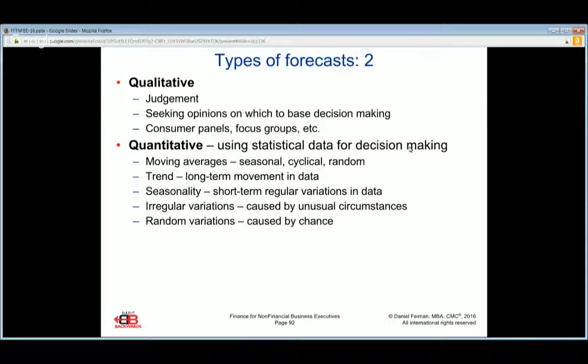There's the ones that use historical data, look for trends, make adjustments for seasonality and random variables, etc. And then there's the ones that use specific data and other statistics. The quantitative models clearly are more numbers oriented. They are, for many people, much more comfortable than qualitative. Sometimes they're more accurate,